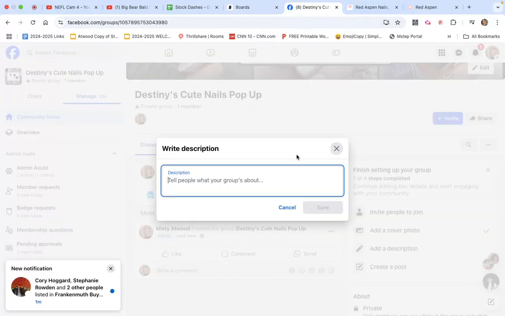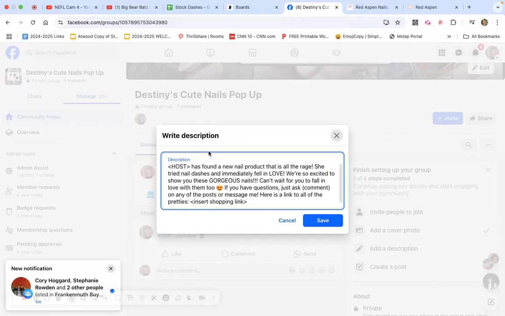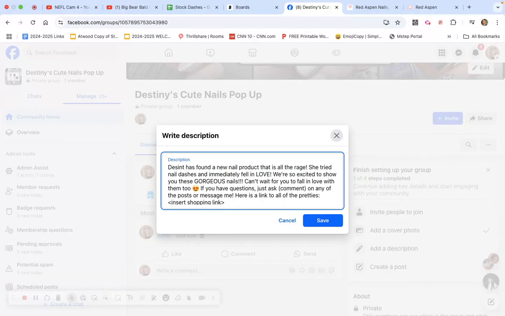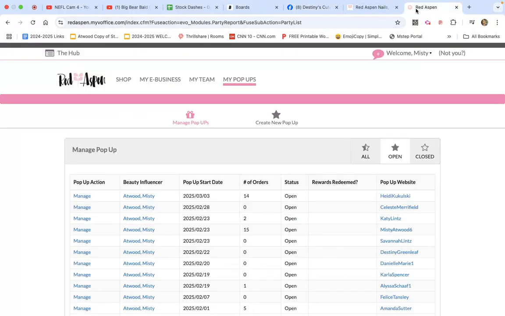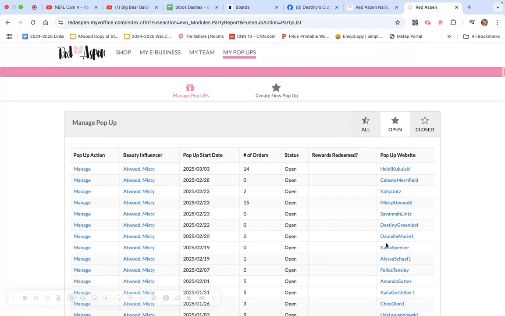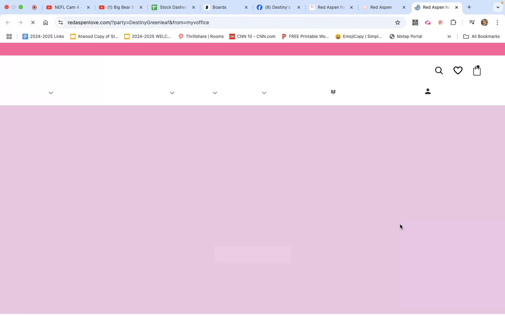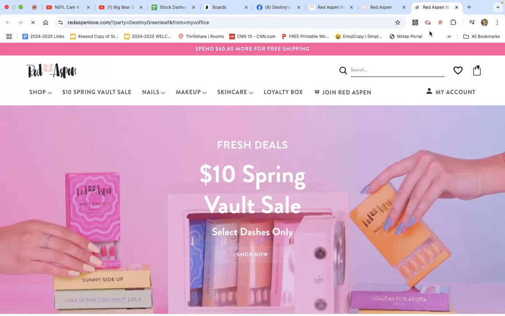So I'm going to go to my pop-up right there, and then you just change the name. Oh my gosh, if I could type. And then you'll want to insert her link, which I have in my Red Aspen. So she is right here. I'm going to click on her name, and then